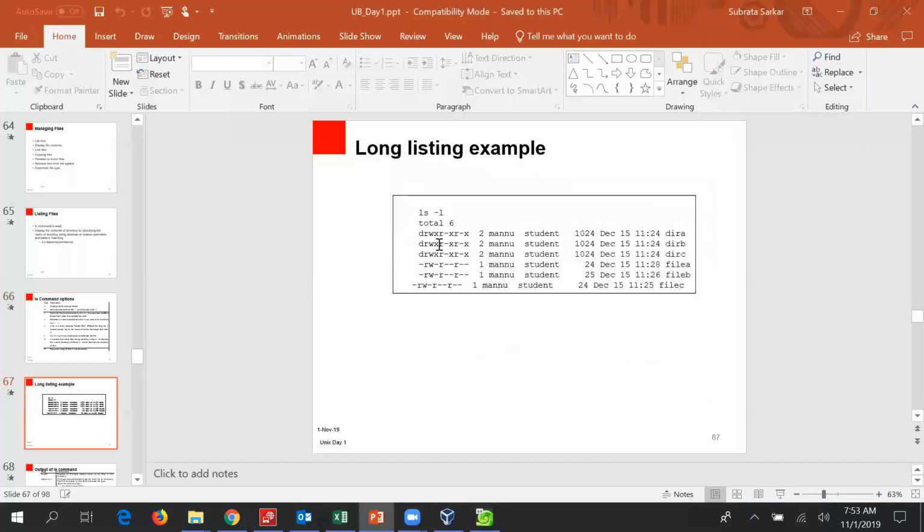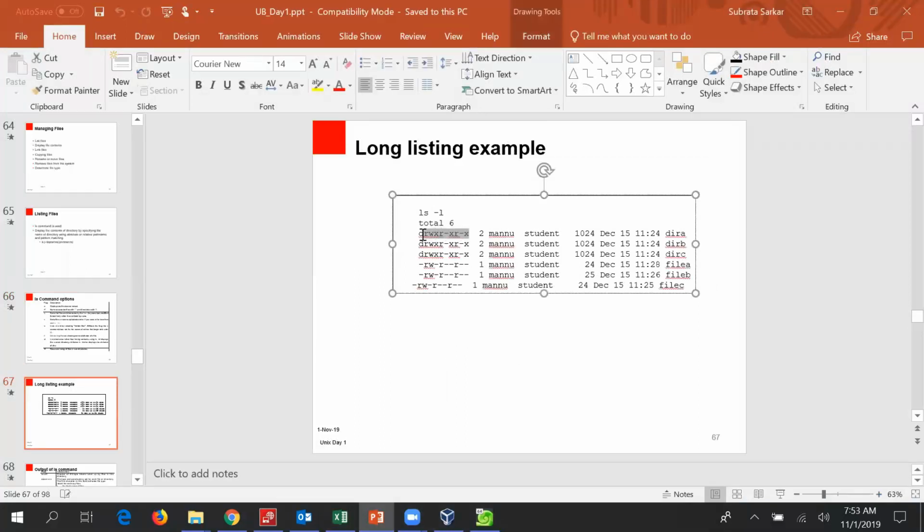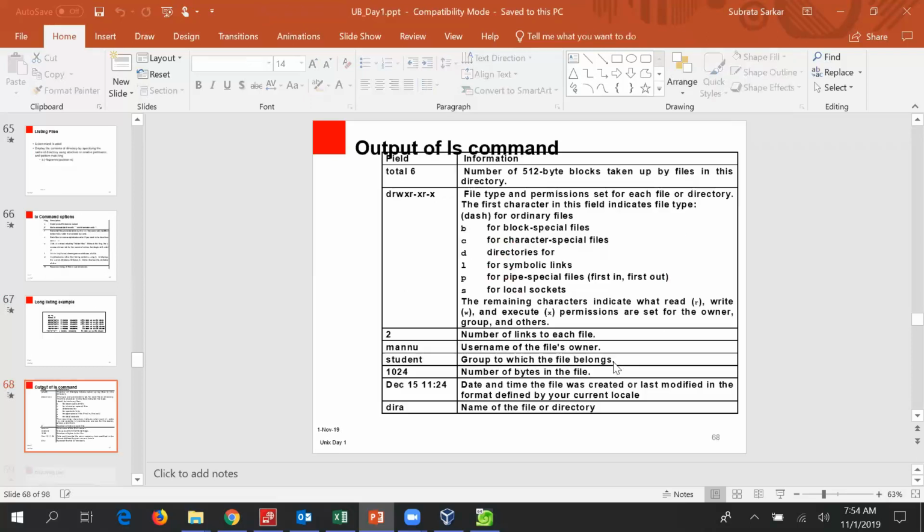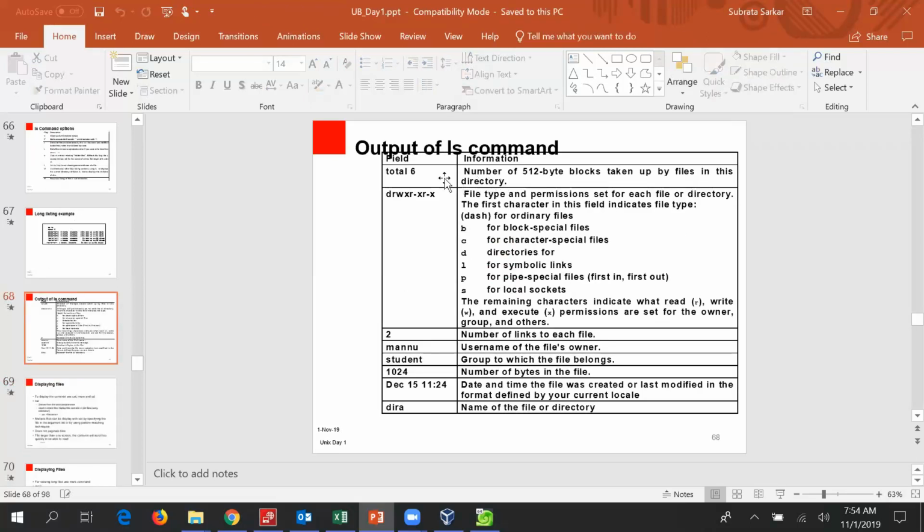This is the directory that you saw just now. So this is the permission, and these are the owner, the group, and other contents of the ls command. So this is the details. Manu is the username, the file's owner.